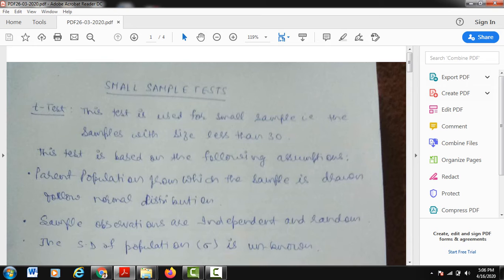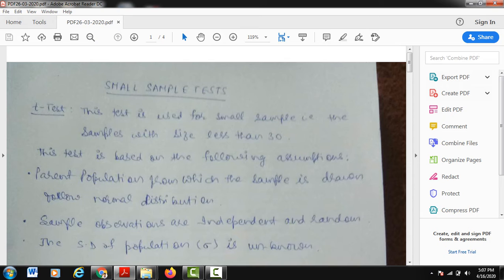So students, as we discussed in my previous lecture, the large sample test, we have finished with that topic also. Actually, we have started the revision of the various tests in statistics. We have discussed that our tests are basically of two types, small tests and large tests. Small test and large test depend on the size of the sample. If the sample size is greater than 30, then it is considered a large sample, and in that case we apply the Z test, known as the large sample test.